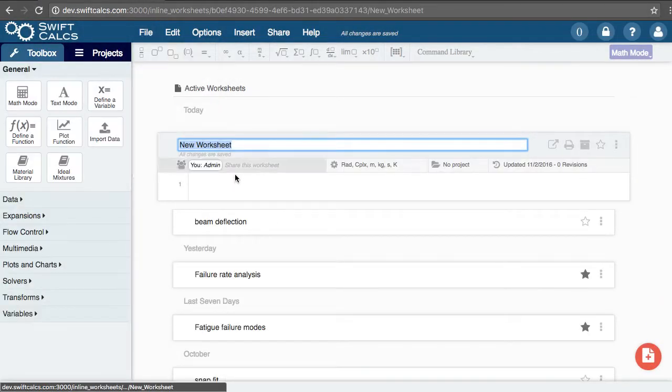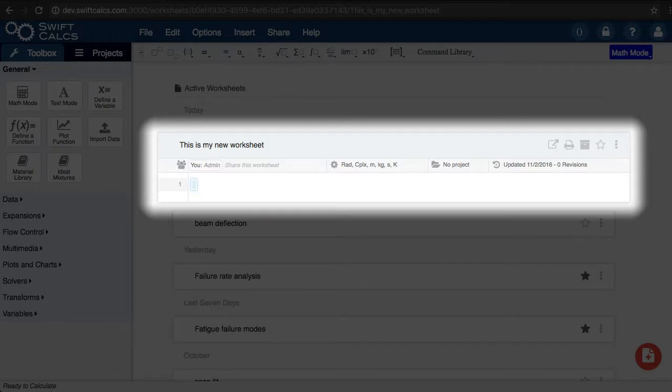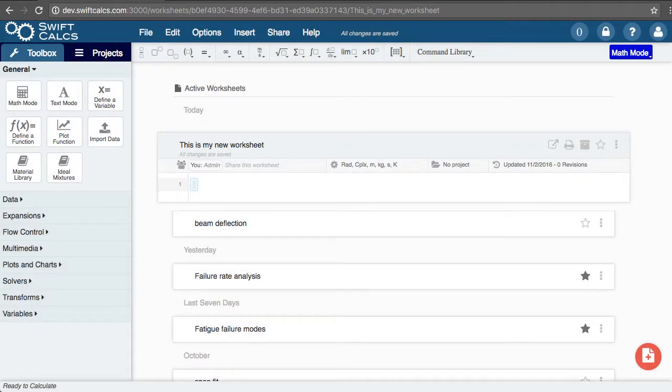When a worksheet is created, it will be loaded on the screen, and the title of the worksheet will be highlighted. After you type in a title and hit the Enter key, the cursor will be brought to the first line in your worksheet. Note that when you create a new worksheet or open a worksheet, the URL in your